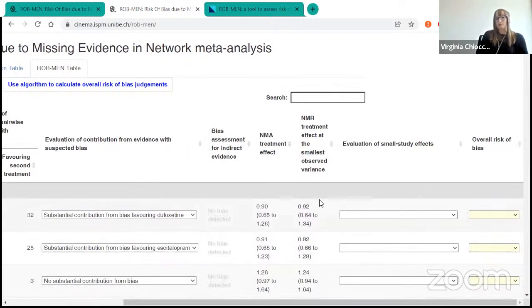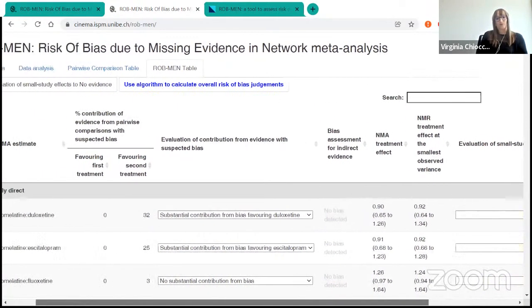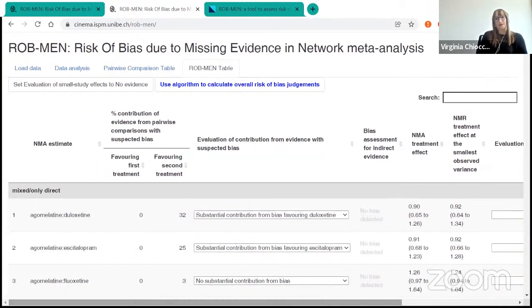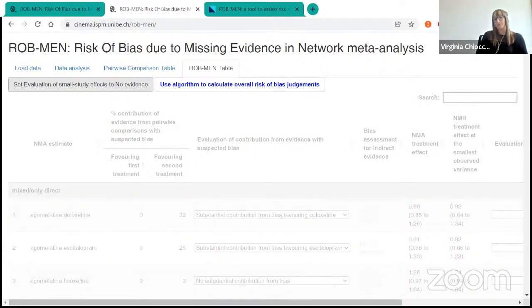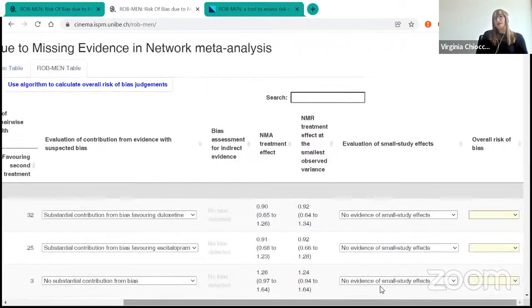So I can tell you, without going through all the 153 estimates, that there was no evidence of small study effects because there was a good overlap between the credible intervals, and the point estimates were not that different. So we can also just set them all as no evidence by pressing this button here. And finally, we can then